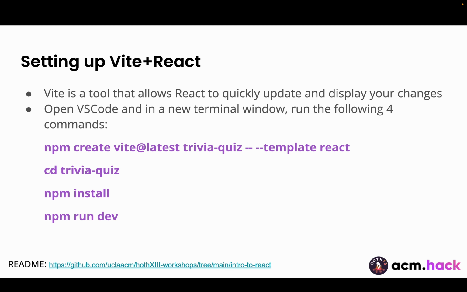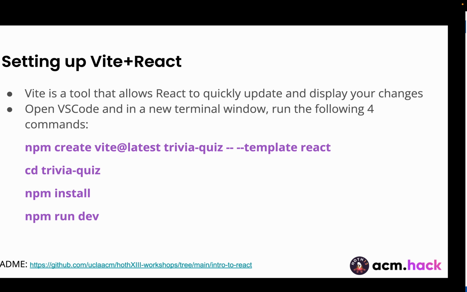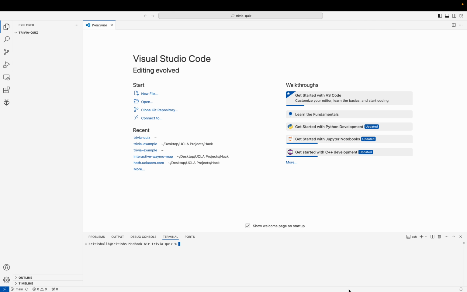So let's get started with our workshop. The main thing you've got to do is set up Vite and React in your code base. Vite essentially just makes React a little bit faster, so we're going to be using that. And let's do this. So open VS Code. I have a VS Code here with a GitHub repository cloned in, and let's